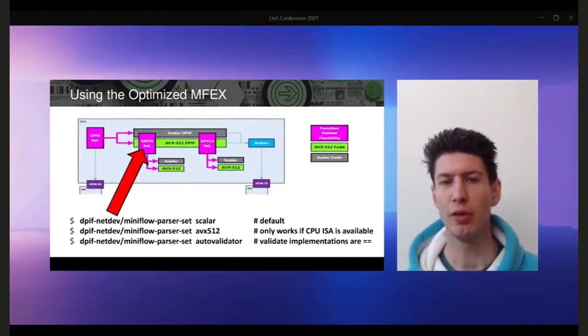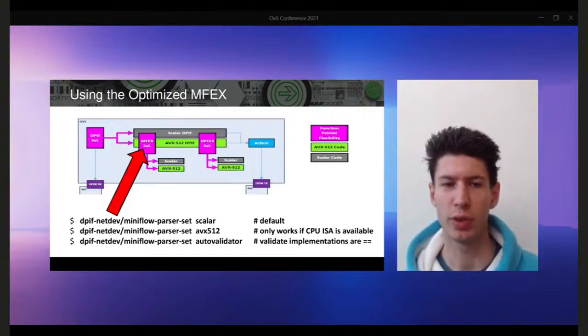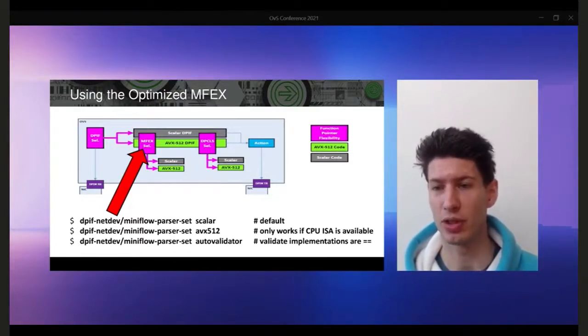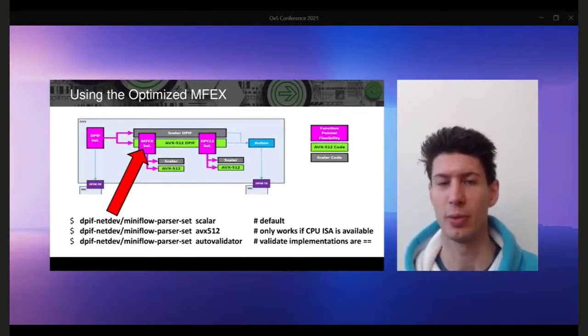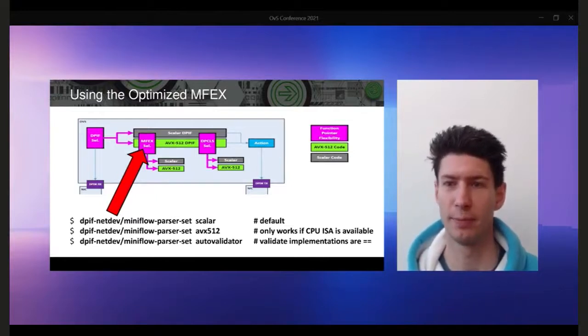So if we look at the OVS data plane as a whole, on the bottom left we see packet RX using DPDK, we see the DPIF selector, which is going to execute our data path glue code. We're going to have a Miniflow extract selector, which is added in a patch set that this work is represented in, in this slide,